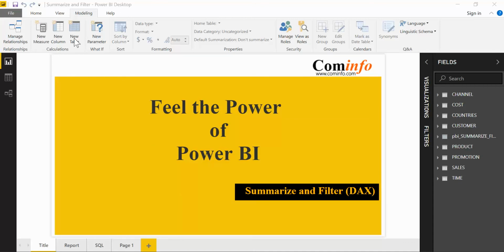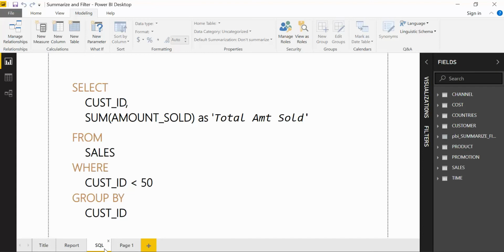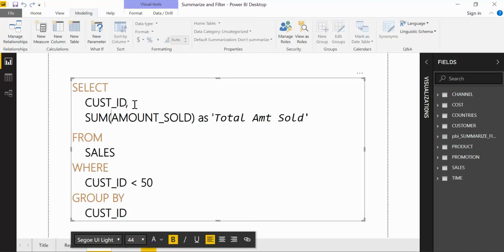Most of you know that my background is in database development, and anytime I'm developing reports and dashboards in Power BI, I'm always thinking about SQL statements running in the background. So let me show you a SQL statement that we are going to try to convert into a table in Power BI. Here's a very simplified select statement. If you know SQL, basically what it does is add up, or roll up, all the amounts sold to each customer ID